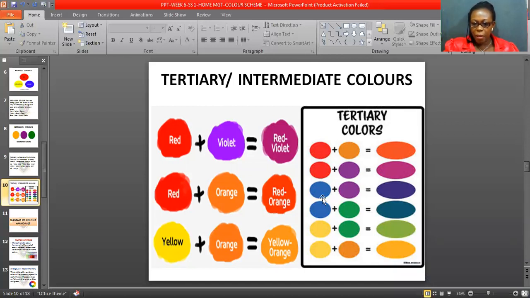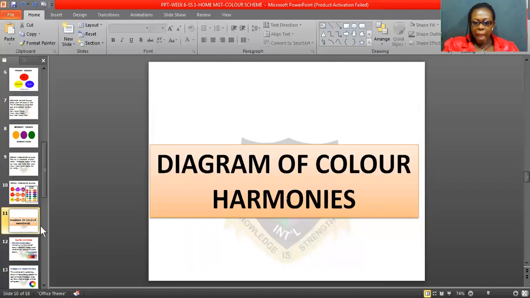Are you getting it? This color, red plus orange, you get red orange. Red plus violet, you get red purple. Like that. Do you get it? That is how it is being mixed. Are you with me? Now, I want to quickly share with you the diagram of